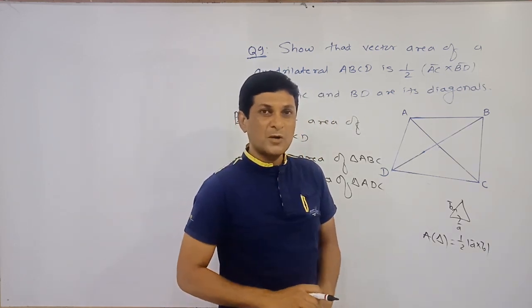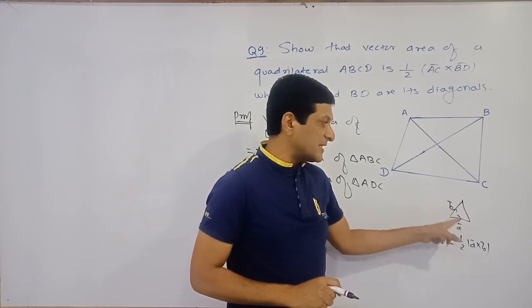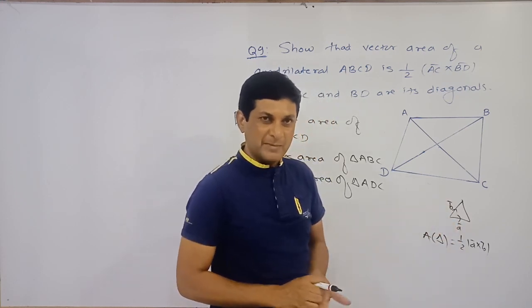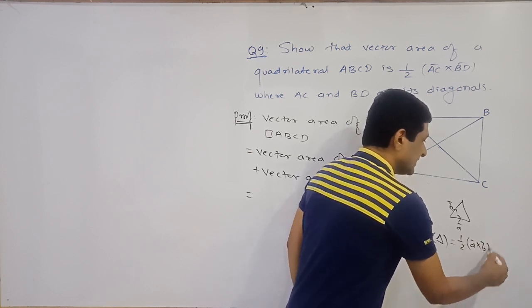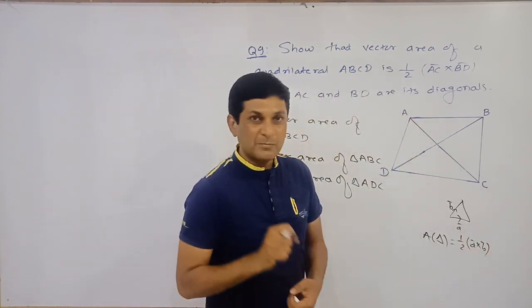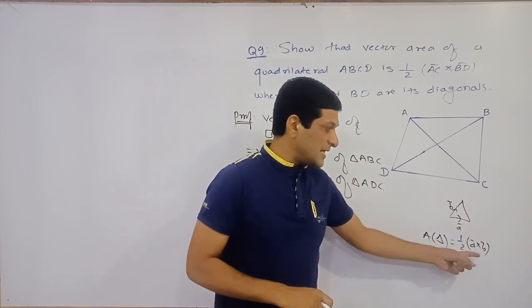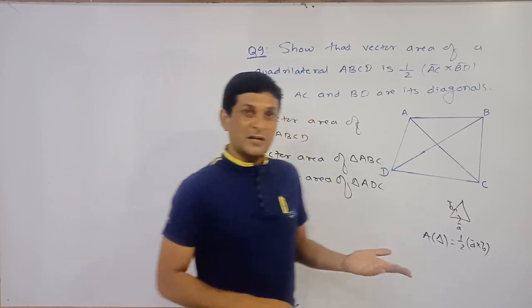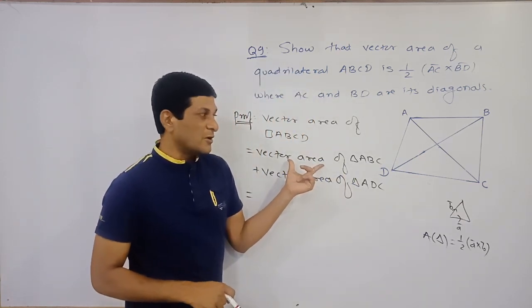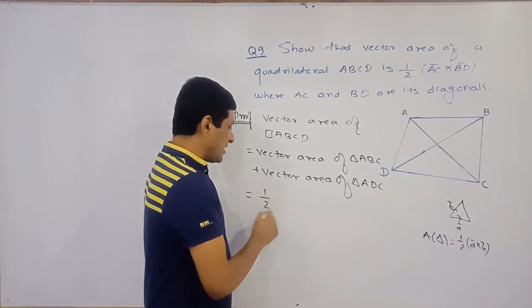Applying this formula, we are able to find out the area of a triangle if its sides are represented by the two vectors a bar and b bar. If we drop the magnitude, the result will be a bar cross b bar. But a bar cross b bar is a vector quantity. That's why we can say this is the formula to find the vector area of the triangle. And here also we will require the vector area of this triangle. So according to this formula, its value will be equal to half.